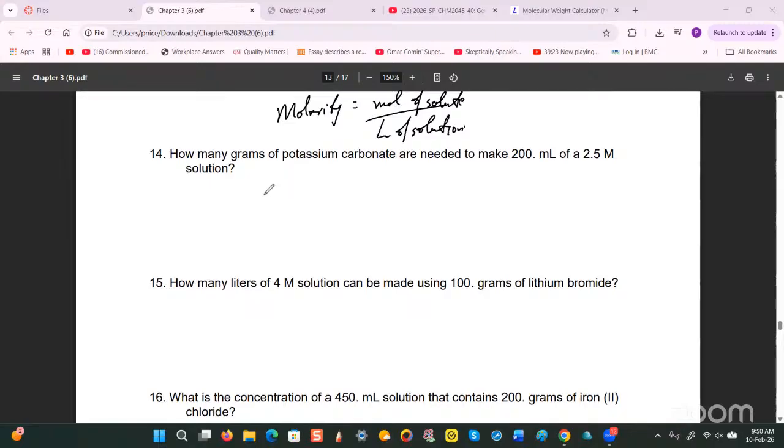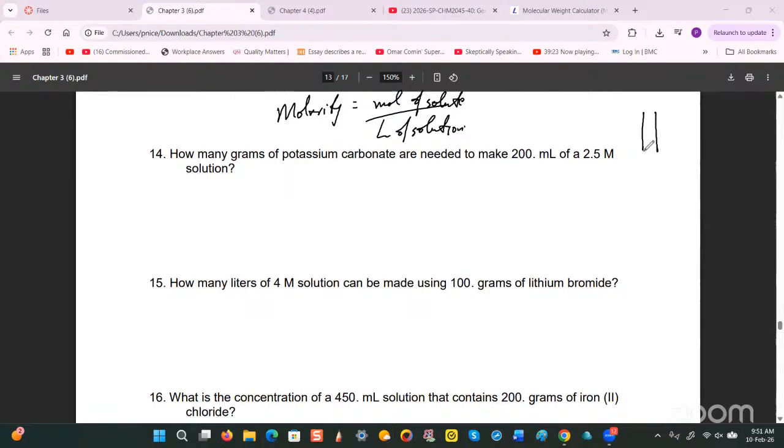So basically, in practice, and this is done in labs all over, including here, and even including the most advanced research facilities, in order for you to make a solution of a particular molarity, you have to find out first the moles. How do you do that? Well, of course, you need a molar mass, and you need basically to find moles and then find the equivalent mass of that. And then you basically put it in a piece of glassware known as a volumetric flask, which